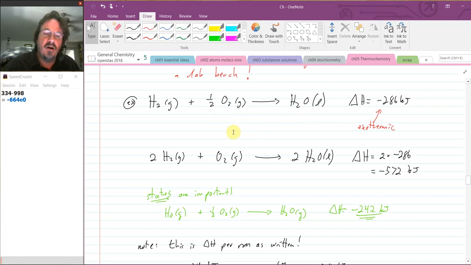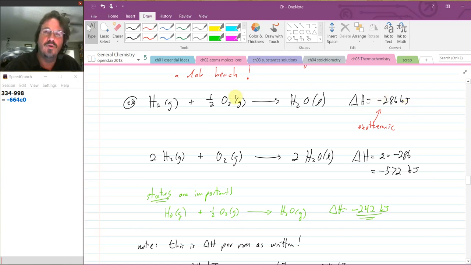And you're going to see this very often. If we have a reaction and we're interested in one thing combusting or one thing reacting, we'll balance it so that there's a 1 in front of that. It makes it a little easier. We'll get more about that later here. But okay, so here's my balanced reaction. The heat, that is to say the change in enthalpy for that reaction, turns out to be a negative 286 kilojoules. So in other words, when I take 1 mole of hydrogen and I combust it, maybe someone did it inside of a calorimeter, they measured that heat, right? 286 kilojoules was given off by that.